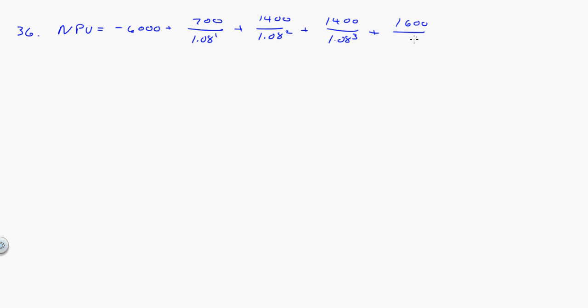What we're trying to do here is find a net present value, which is my $6,000 plus $700 divided by 1 plus the cost of capital 8% to the first, plus 1,400 divided by 1.08 squared plus 1,400 divided by 1.08 cubed plus 1,600 divided by 1.08 to the fourth plus